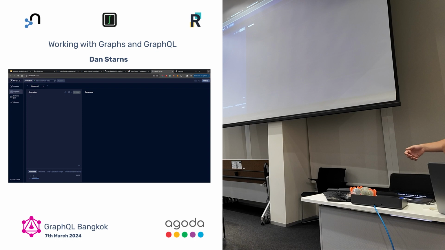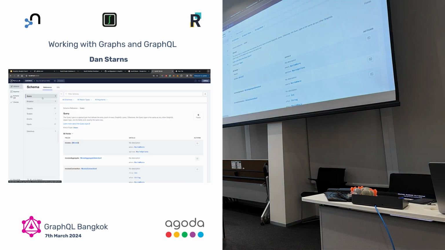So we just gave the Neo4j GraphQL engine a bunch of type definitions, and we have this API that's been generated for us. We can explore through the schema, and you see that from the type movie and the type person that I declared, there are 6 queries and 6 mutations and 25 objects that have been generated for me. And because I've supplied the driver to it as well, I can just start querying Neo4j via my GraphQL API. So let's check out some queries.